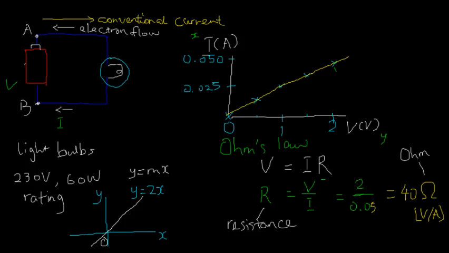I've previously talked about Ohm's law, which is a relation between voltage and current, and that led to the idea of a resistance, which tells us that, say, if I have a bigger resistance for the same voltage, I should have a smaller current. It gives us a measure of how much the light bulb or some other conductors as well resist the flow of current. Now, in this example,